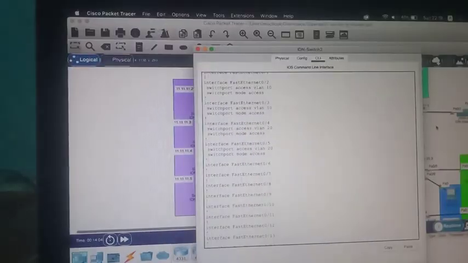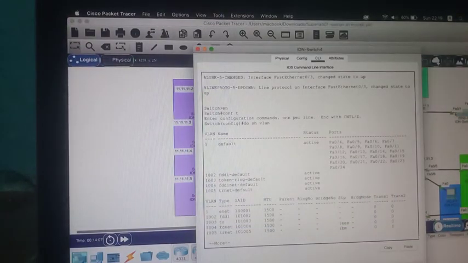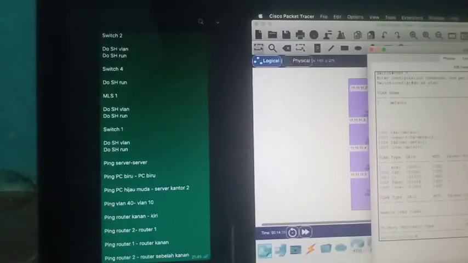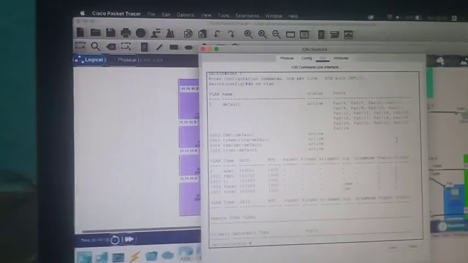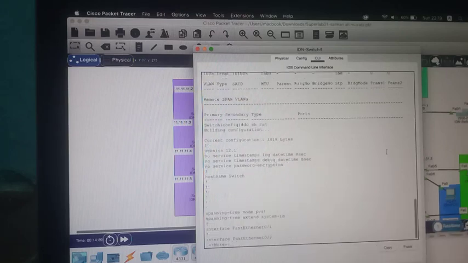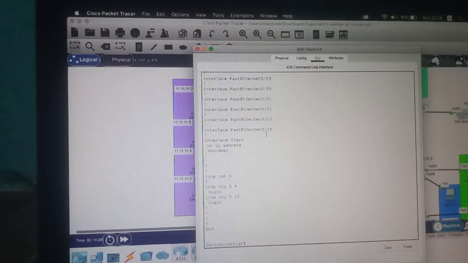Then we go next to switch 4. On switch 4 we can do show run, and here we see interface 0/1 up to 0/24.